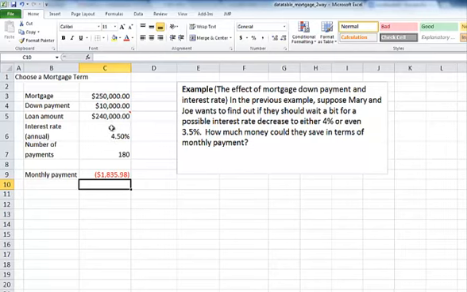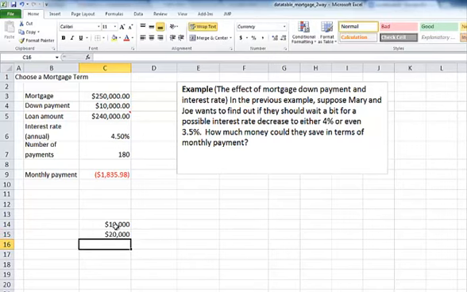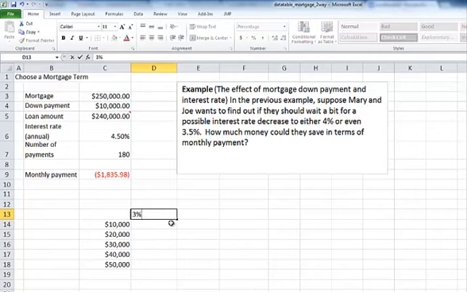Now let's study the different scenarios here. We have two different sources of variation. One is down payment and the other is interest rate. So I would first list the different scenarios for each. For down payment, we have from 10,000 to 50,000, and for interest rate, it can be as low as